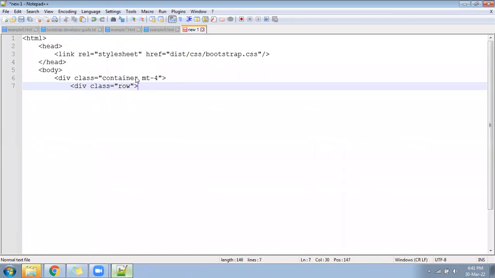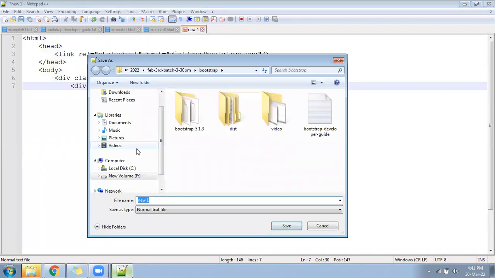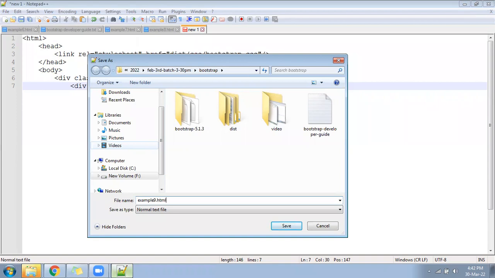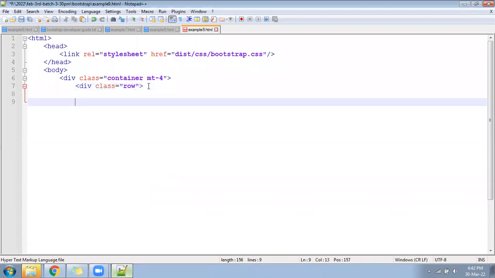That file you can give example9.html. Division is open, so get it closed.